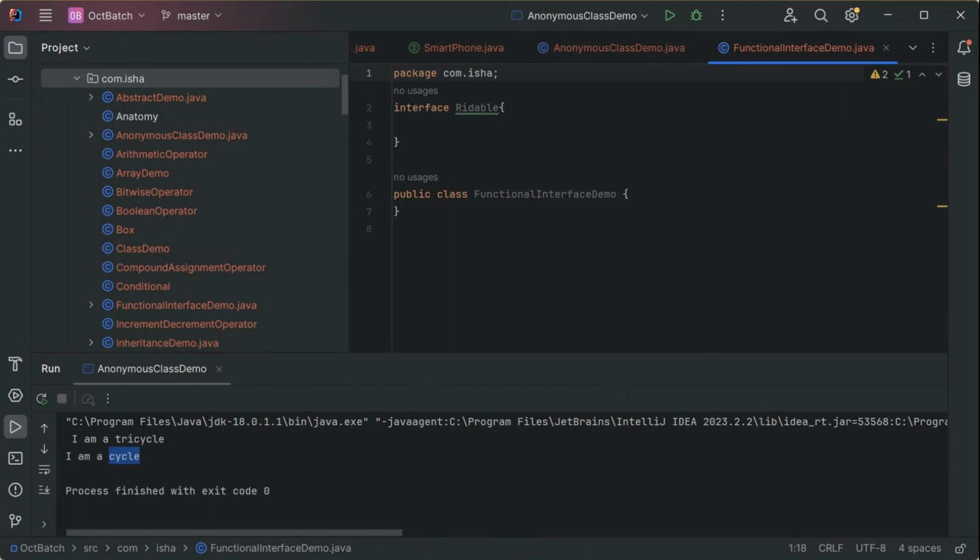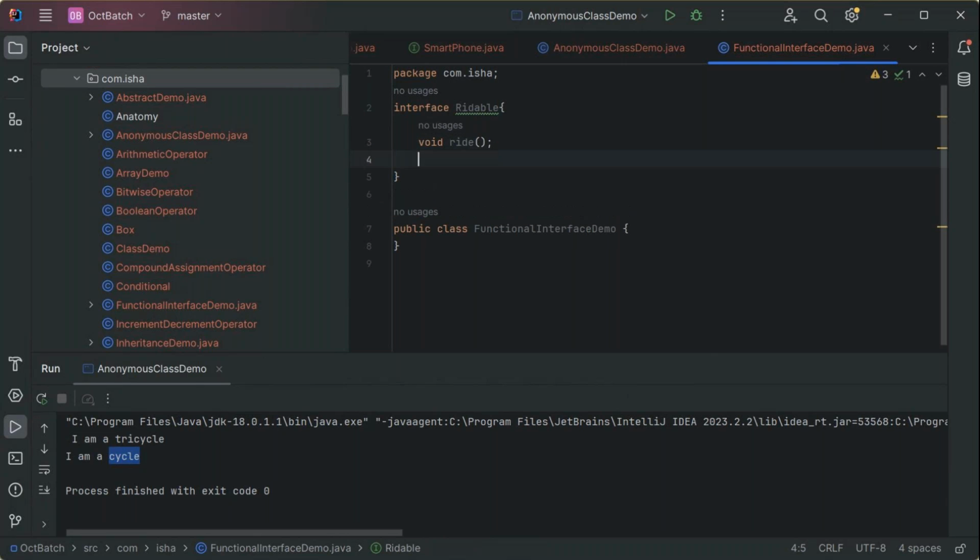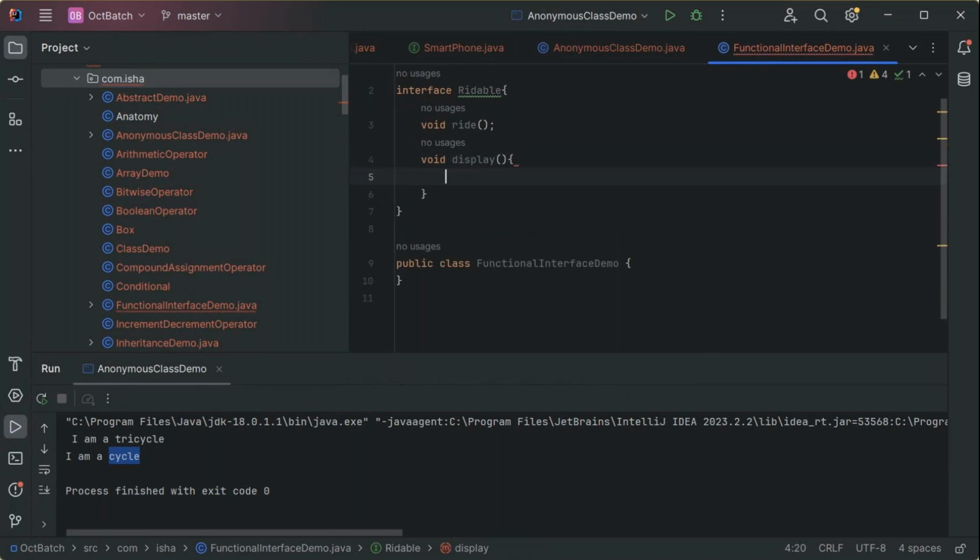So here I have only one abstract method, something called ride. So one method I have, and I already told you that you can have in an interface, if you want to keep some other method, void display, and just one print statement I'm giving, hello from,